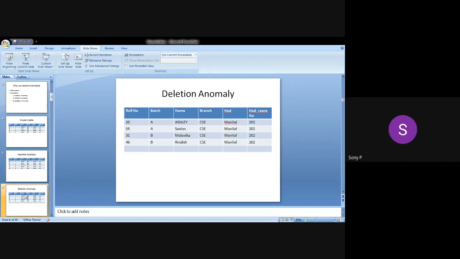Actually this is the only place where HOD room number and HOD name is stored in the database table. So these informations are lost. This is the example for deletion anomaly.